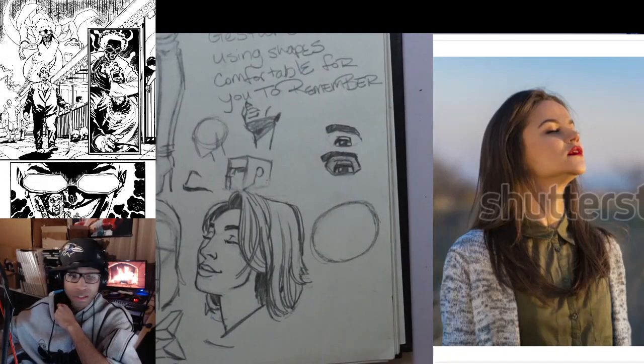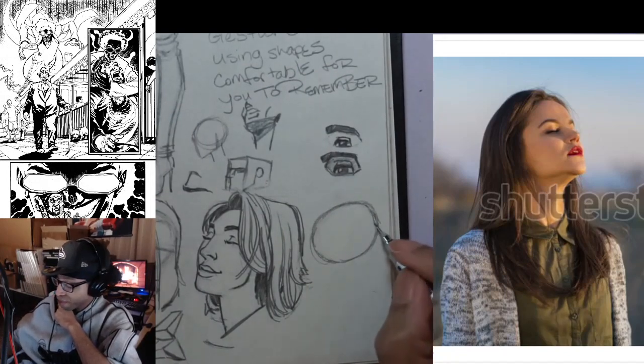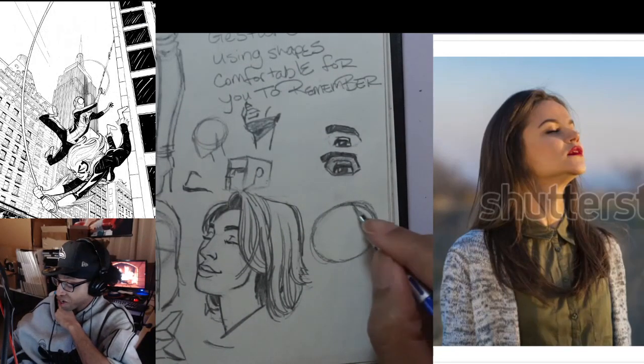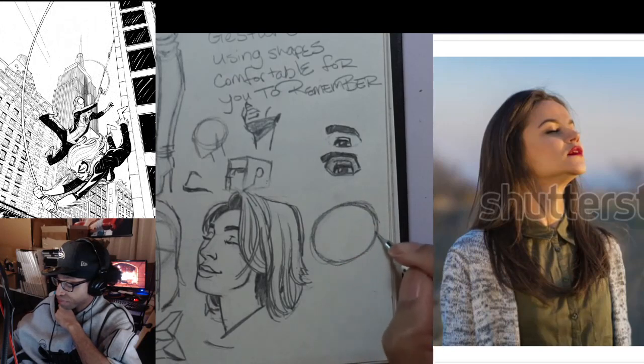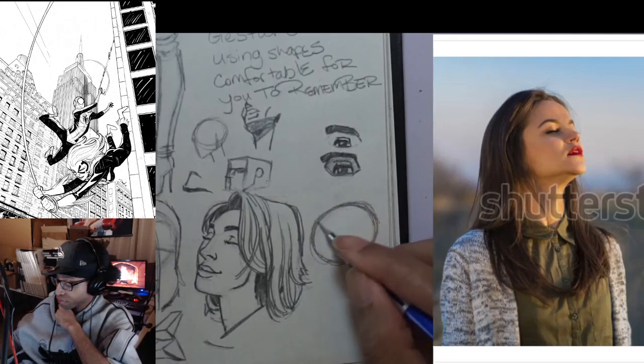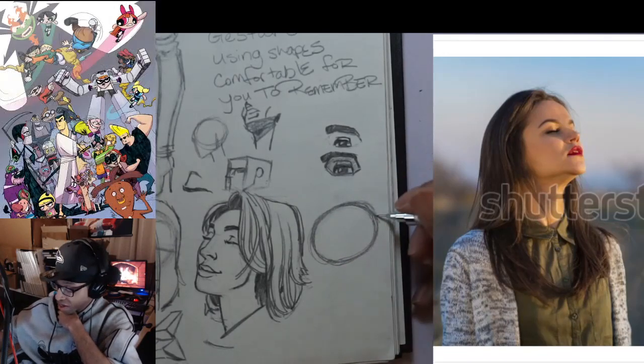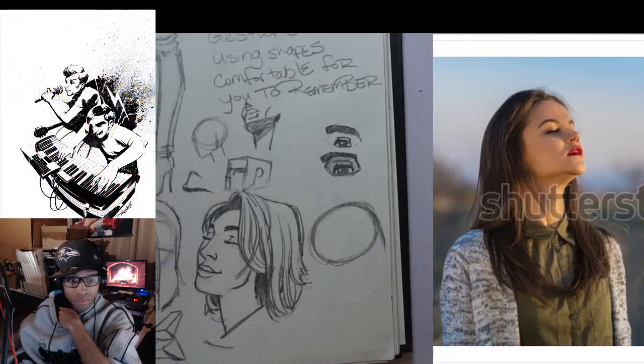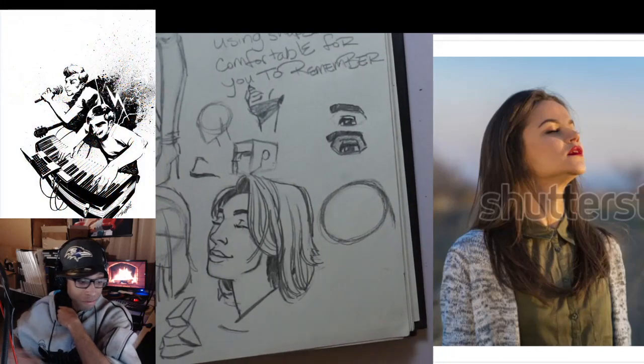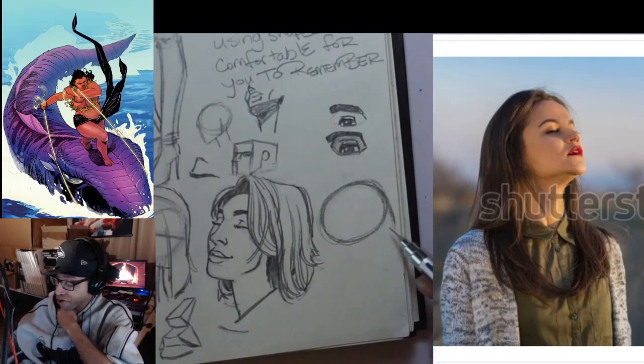So in this case, we got our skull shape, and then we start to form our face shape. Figuring out,